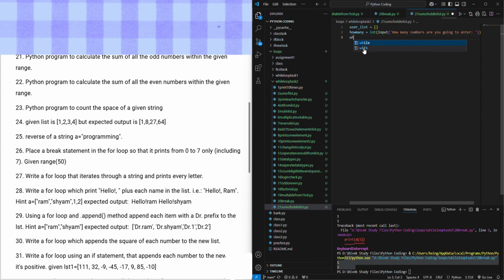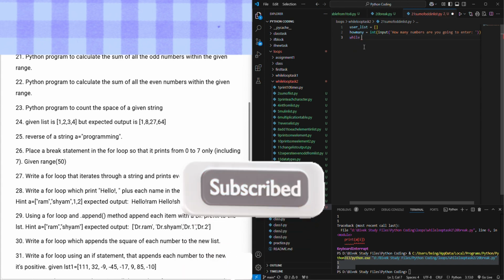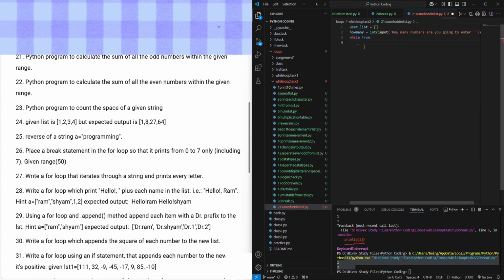So let's use while true. Okay, not while true, you can give the incremental operator: i equals 0, and while i is less than or equal to how_many. So let's ask the user